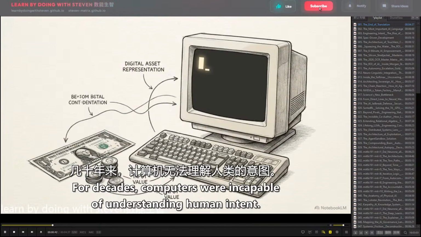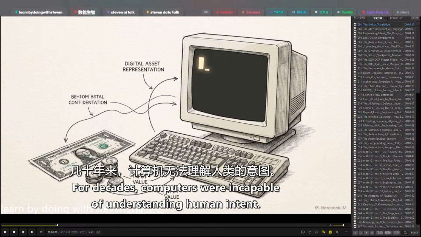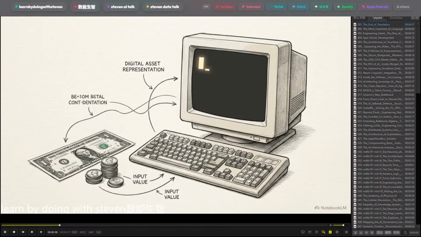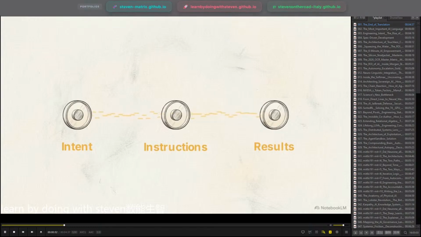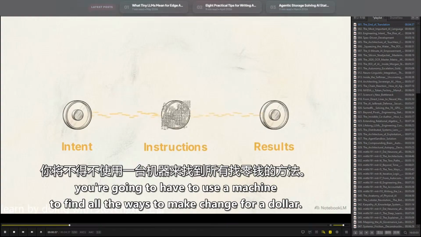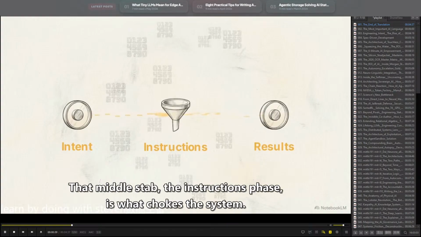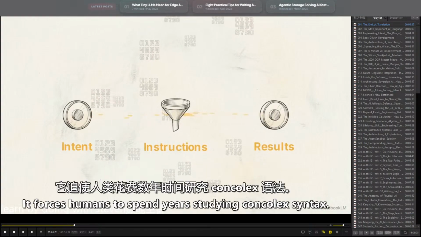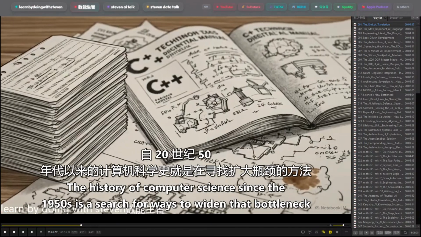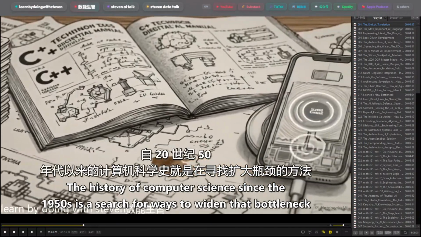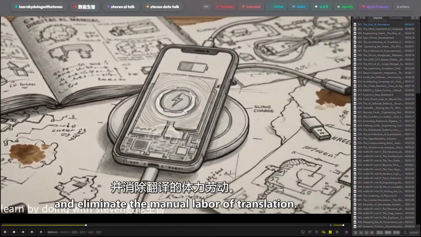For decades, computers were incapable of understanding human intent. If you wanted a machine to find all the ways to make change for $1, you had to manually write the recipe in the machine's native mathematical logic. That middle step, the instructions phase, is what chokes the system. It forces humans to spend years studying complex syntax just to translate a basic desire into a digital action. The history of computer science since the 1950s is a search for ways to widen that bottleneck and eliminate the